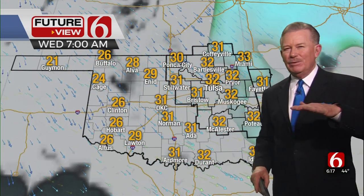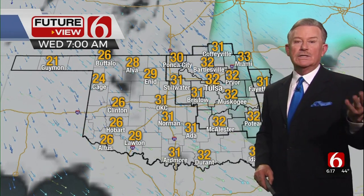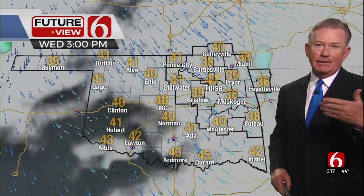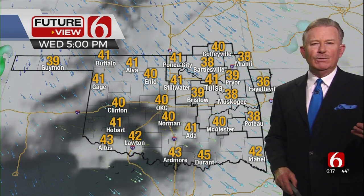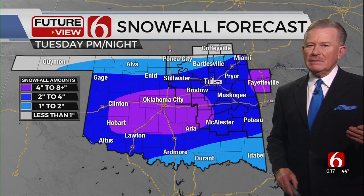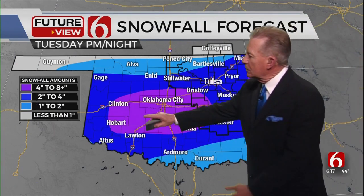So there'll be just enough, maybe a little black ice for Wednesday morning. So tomorrow morning's fine. Wednesday morning, though, could be a problem, besides, obviously, tomorrow afternoon, tomorrow night, and into early Wednesday morning. By Wednesday afternoon, we're in the upper 30s to low 40s. That's not bad. Latest snow forecast that we have, we're looking at 4 to 8 inches,